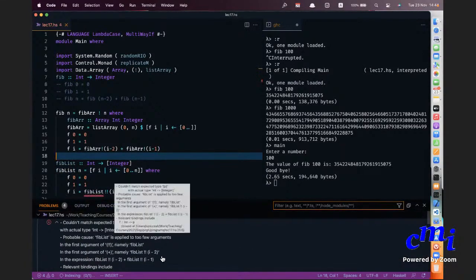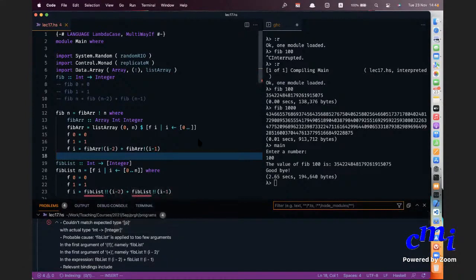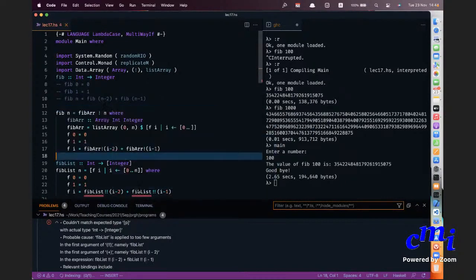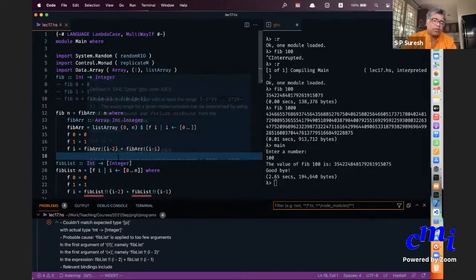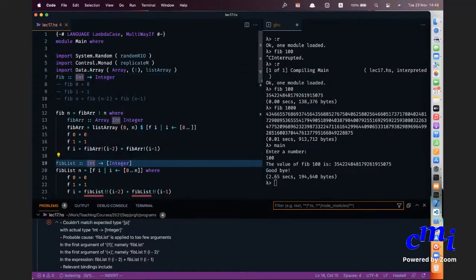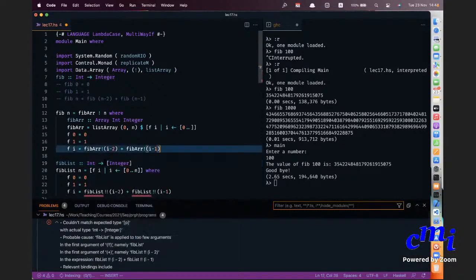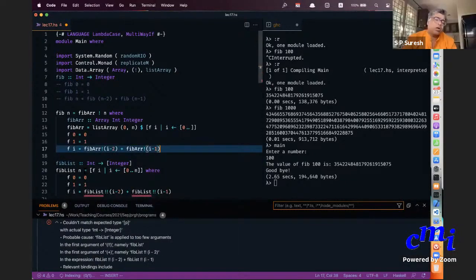I think it should be only integer list and type fib list, because I'm using n. But then I can't use bang. Sir, you can make the type of fib list just integer and remove the n's. No, but I need the n.